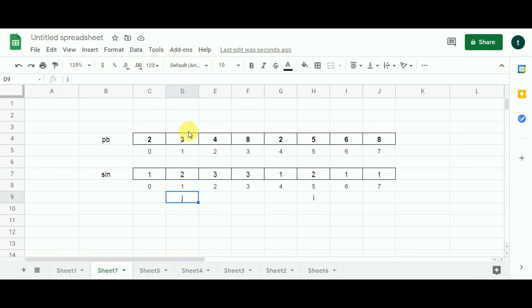Here j represents 3. I represents 5. 5 is indeed greater than 3, but they both are odd. So we get nothing out of this iteration. J moves one cell to the right. I represents 5, j represents 4. Yes, 5 is greater than 4, and yes, 4 is even, 5 is odd. So the condition is satisfied. What we are going to do? We are going to add 1 to this 3 over here. We get the value as 4. When 4 is compared with this 2, which is greater? 4 obviously. So 2 is replaced by 4.